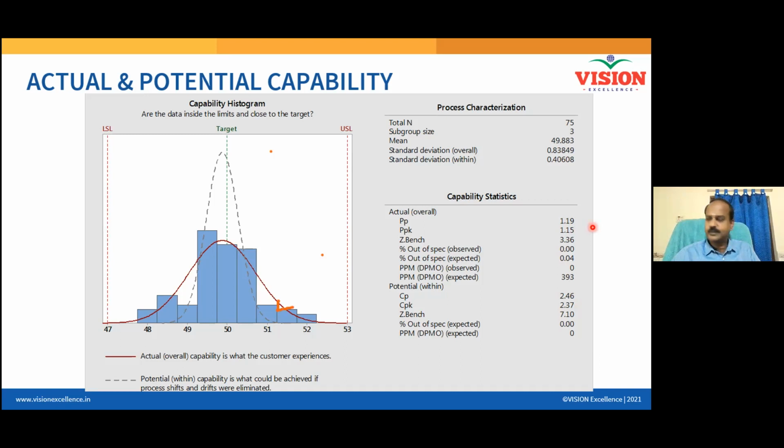between, Minitab has, okay. The red one is what your customer sees, that is the actual, which is PPPPK, but the green one is what CP/CPK, you are within capability. If you calculate CP/CPK, you think you are producing like this, but actually your customer is seeing this. This is your potential capability CP/CPK, nothing but the within CP/CPK, and this is actual PPPPK.